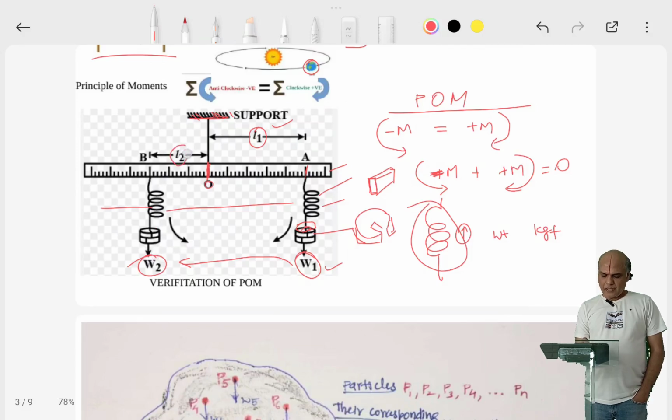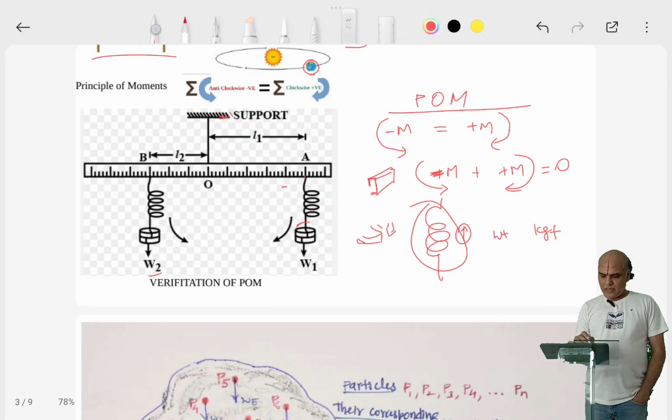Now adjust L2 in such a way, by moving this point B left or right, that this meter scale remains horizontal. Okay, so you need to adjust point B by moving it left or right so that the scale remains horizontal and stable. Okay, once you attain that condition, which is nothing but equilibrium, then